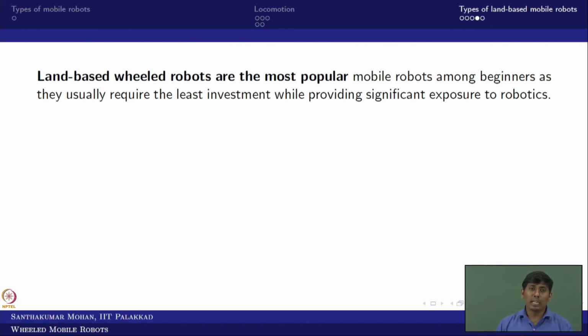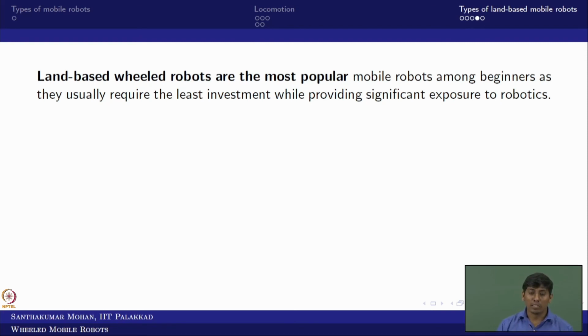So then one can easily bring it up. Land based means, what is the popular type of robot? Nothing but wheeled. Why is it so? One reason is that it is the easiest, cheap and simplest. Further, you can easily understand the overall picture. For example, if I have a wheeled locomotion, I can predict the motion more or less close to the actual. But if it is legged locomotion, that is not at all happening. Why?